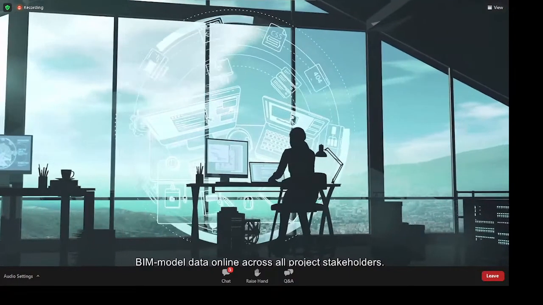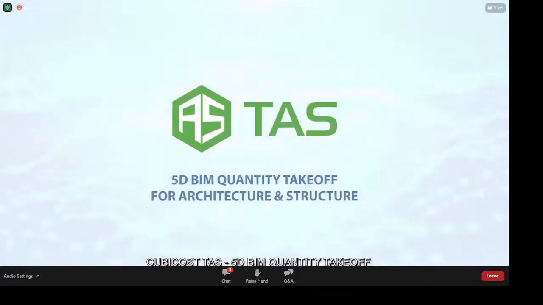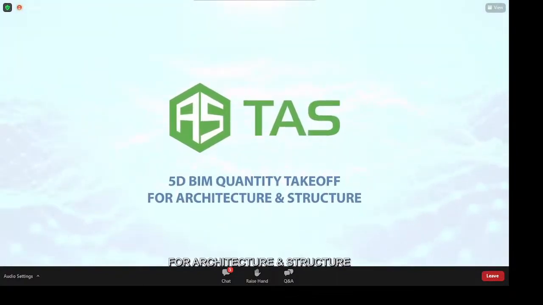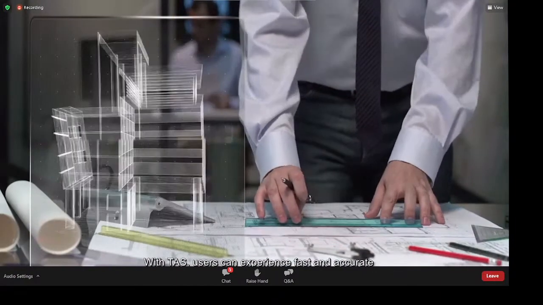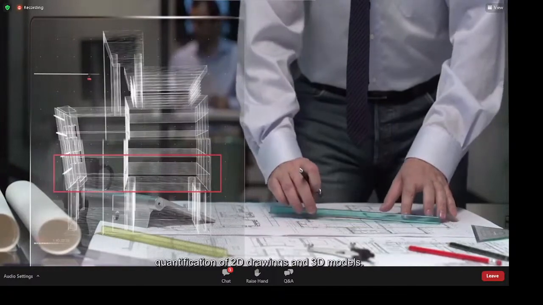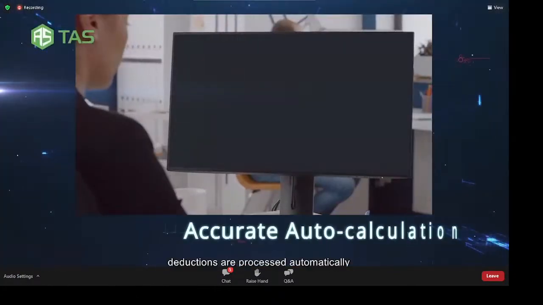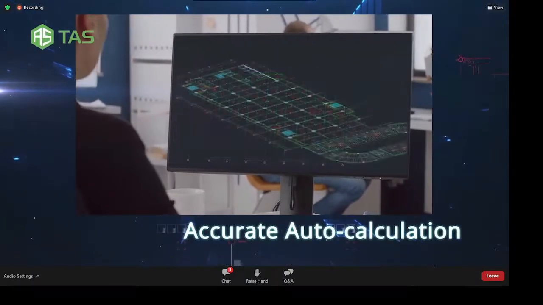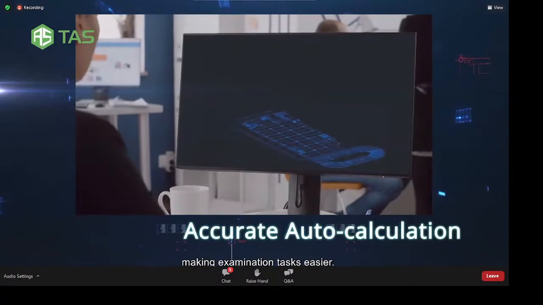project stakeholders. CubiCost TAS 5D BIM Quantity Takeoff for architecture and structure. With TAS, users can experience fast and accurate quantification of 2D drawings and 3D models. Thanks to localized built-in measurement rules, deductions are processed automatically with visible and traceable calculation expressions in 3D, making examination